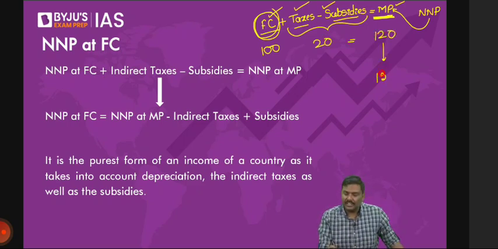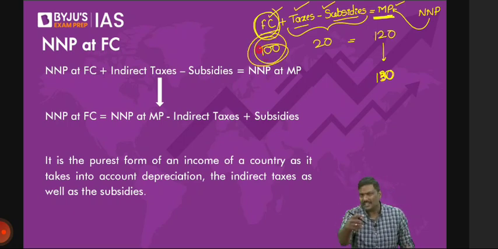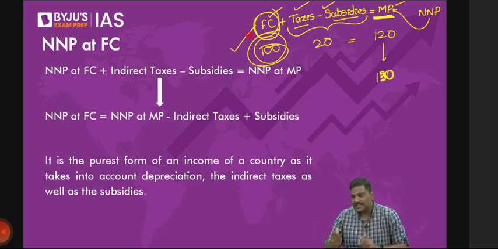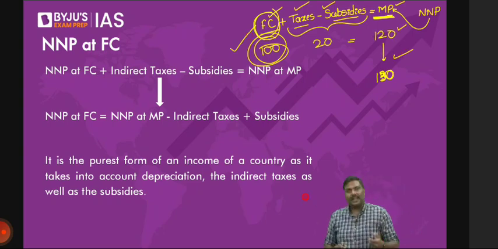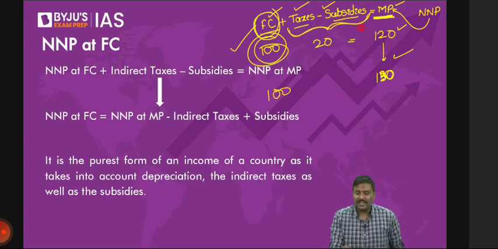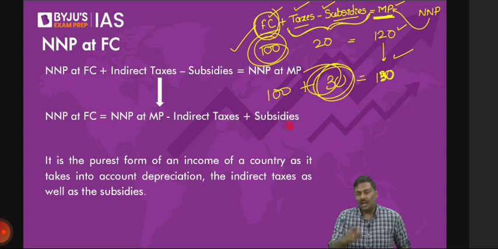Now, what if the market price increases to 130 rupees? Does it mean that you're earning more income? Does it always mean that profits have increased? Just think of it, and underline the term, does it always? The market price has increased from 120 to 130. Does it always mean that wages have increased? Does it always mean that your profits have increased? Absolutely no. What if it is the same 100, but the difference between taxes and subsidies is now 30? That can also happen. But tell me, higher taxes, government imposing higher taxes, does it mean productivity is increasing?